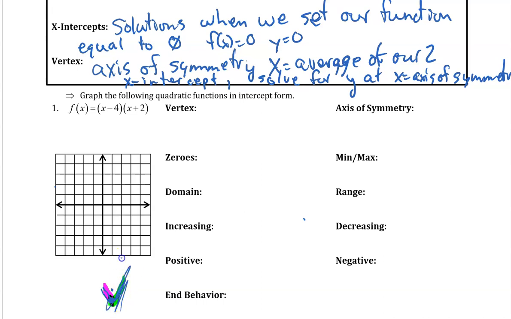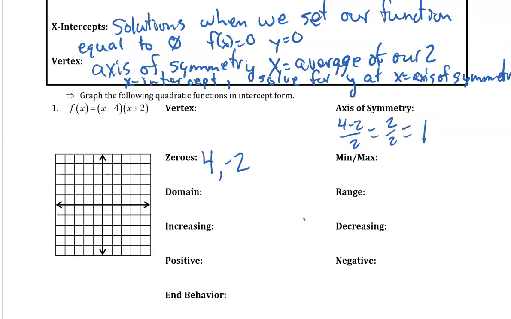First, we have f of x equals x minus 4 times x plus 2. The first thing we can see is what our zeros would be. X would be 4 or negative 2. The next thing we can find is our axis of symmetry. The average of 4 and negative 2, 4 plus negative 2, divided by 2,